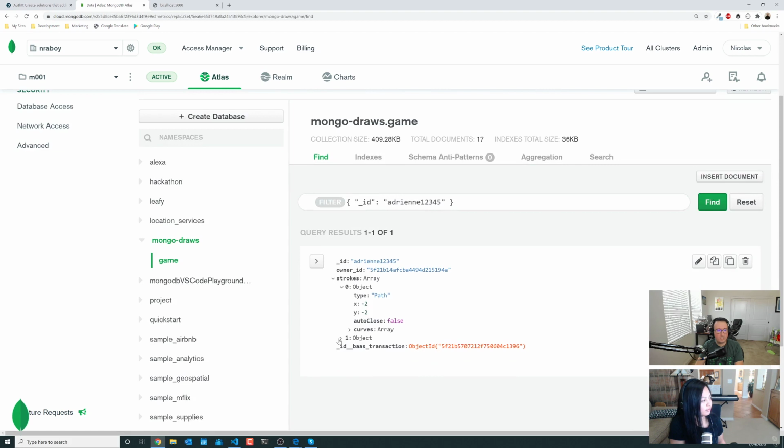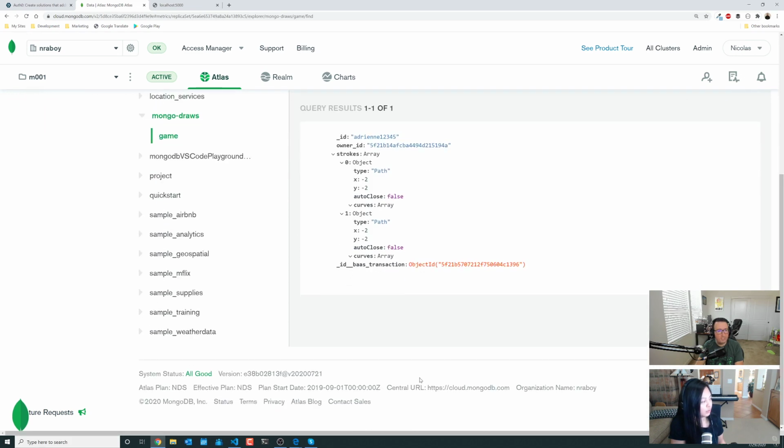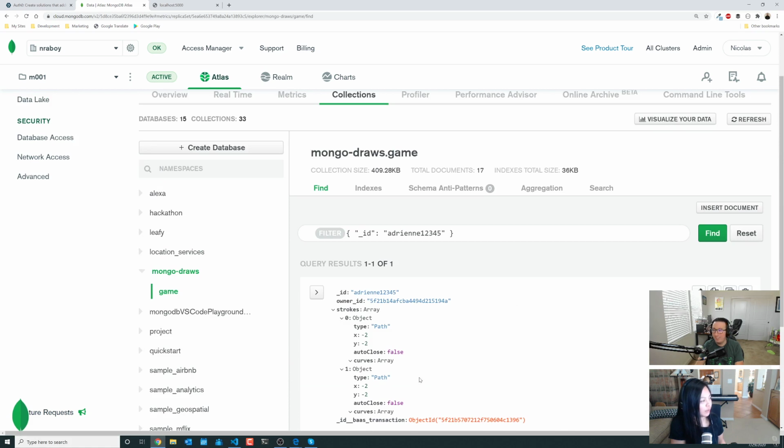I still don't think it works successfully because it shouldn't have this underscore. I don't think I did anything with transactions, and we don't have anything in our curves, so something is still wrong. Okay. But the ID was the problem. A good call.